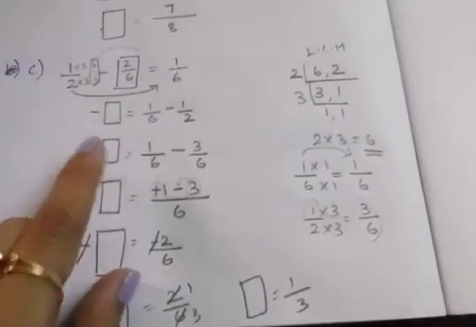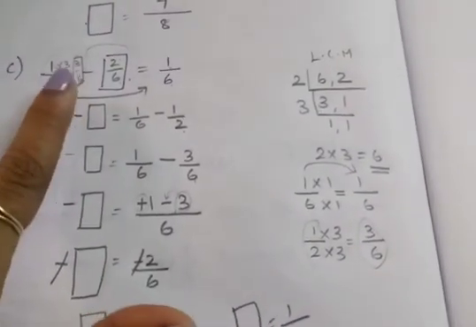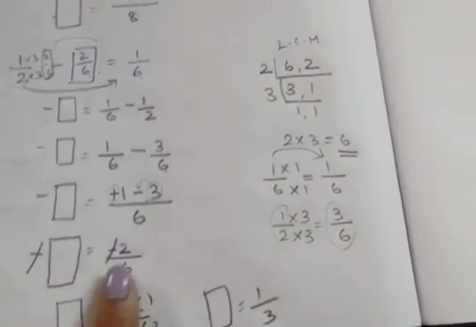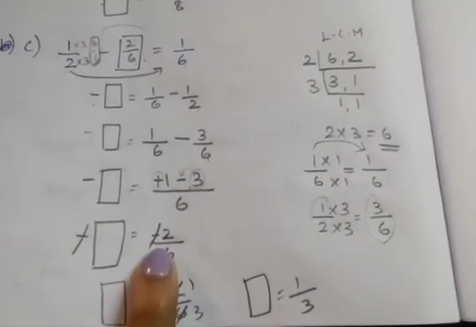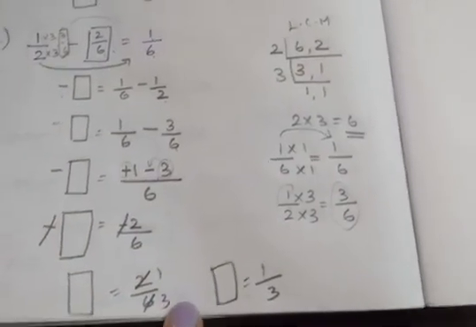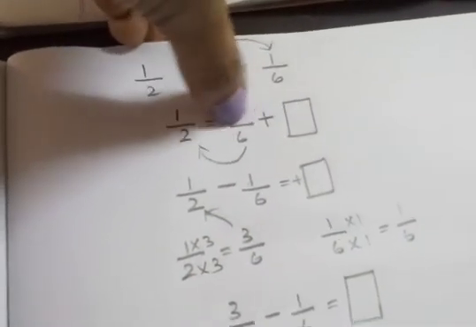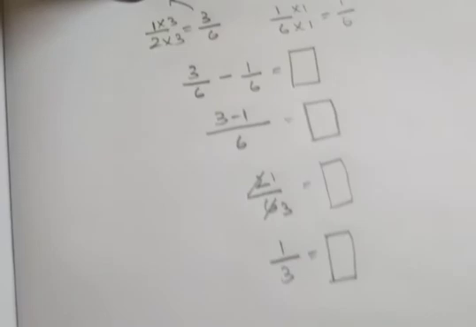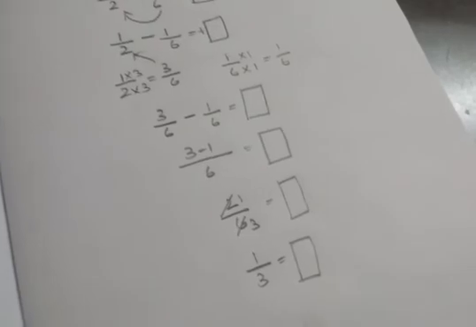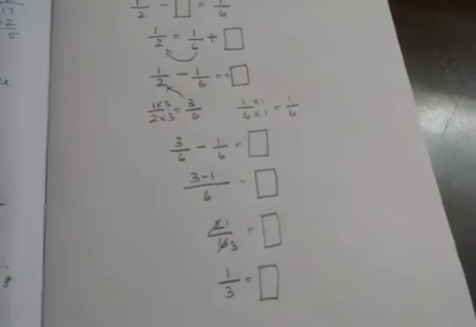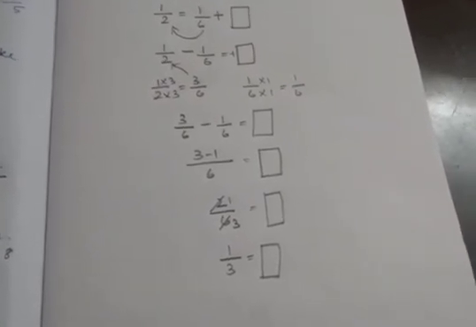See, listen. In both the ways you can do it. In one, you are keeping minus box on one side and bringing all towards next side. I am getting the answer as negative, so cancelling this minus and this minus, we can cancel it. So box value is 1 by 3. Here I'm bringing the box as positive, then bringing the other towards next side, then I'm finding the value of this box as 1 by 3. There are two methods which you can use to find the value of those fill in the blank numbers. You can write it in rough note or you can write it in the textbook.